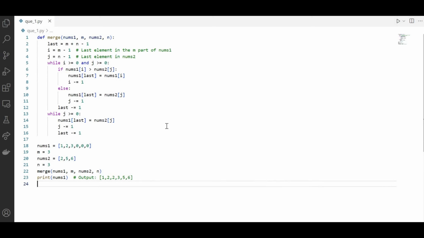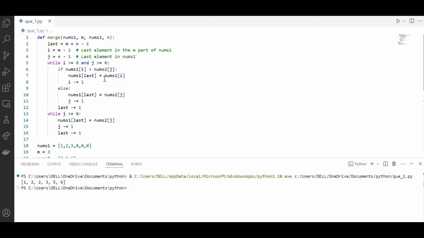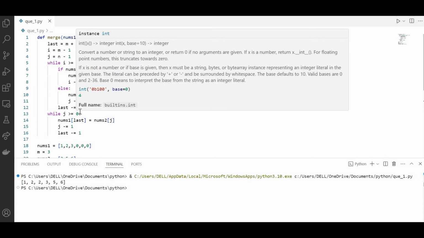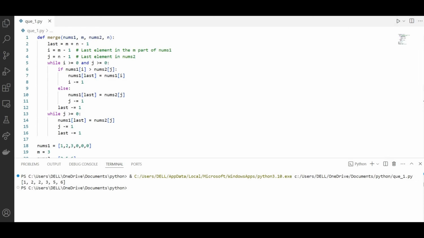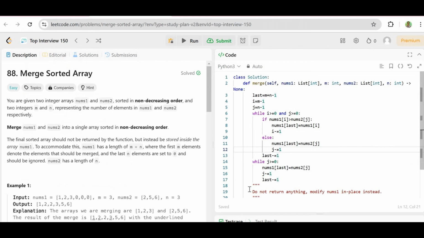And this is the code that I've written in Python. I'll just run it for you guys. You can go through this code. It is the same code that I explained to you. It is just written in programming. I'll add it to GitHub so that you can access the code. And this is the LeetCode solution. So I will add the LeetCode solution in my GitHub.